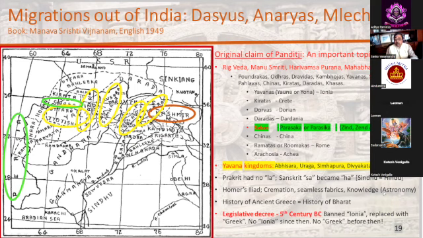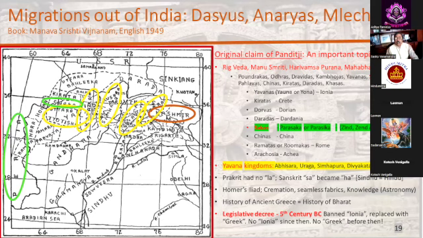So seamless fabrics, even knowledge, astronomy. So you find so much similarity between what was known in Greece versus what was known in India. And the problem is the West has tried to brainwash us into believing that knowledge traveled from Europe to the rest of the world. But Panditji is saying, no, it's because of these migrations, knowledge actually went from east to west. And this is a constant struggle, because people that have tried to make this point have been challenged to provide evidence and concrete evidence.